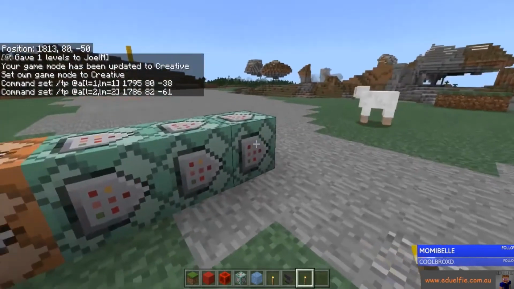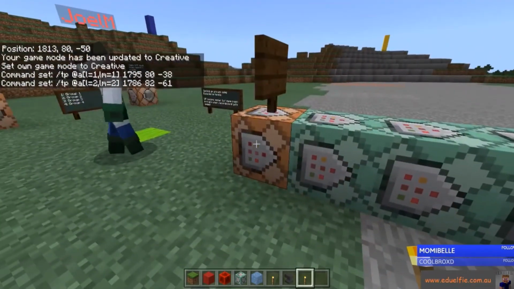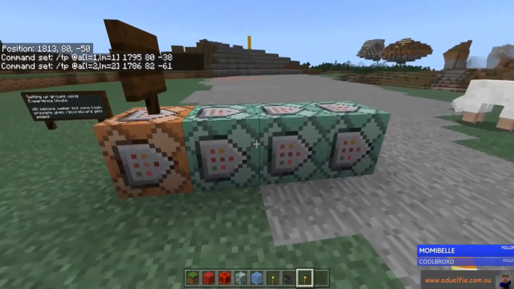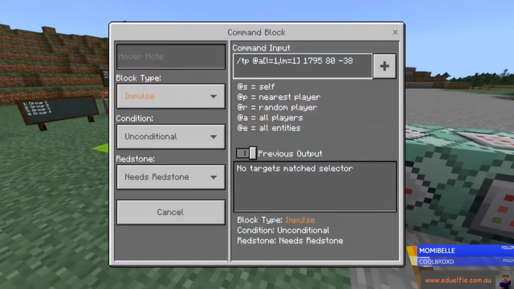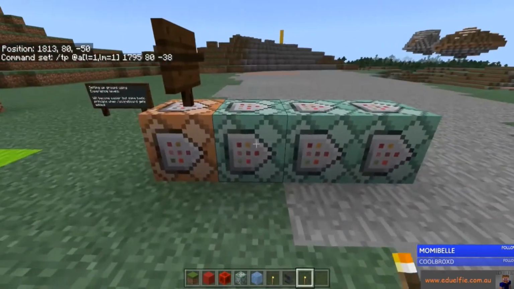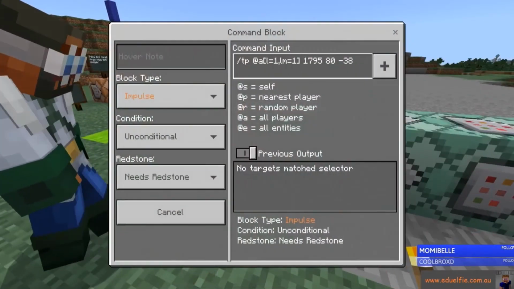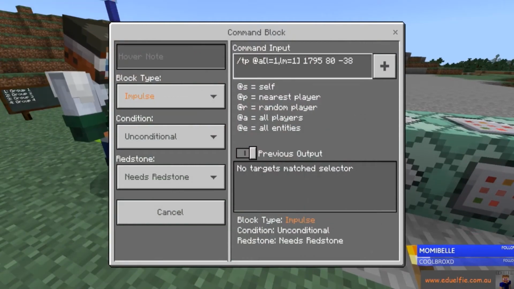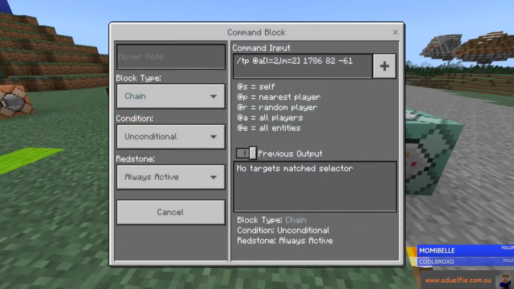Teleport all players of level 2, maximum level 2, to a different location, level 3 and level 4. Now, I want to note the difference here for these chain command blocks and the chain command blocks we were talking about just previously. These are unconditional. So if we don't teleport anyone in this first command block, if no one is in group 1,